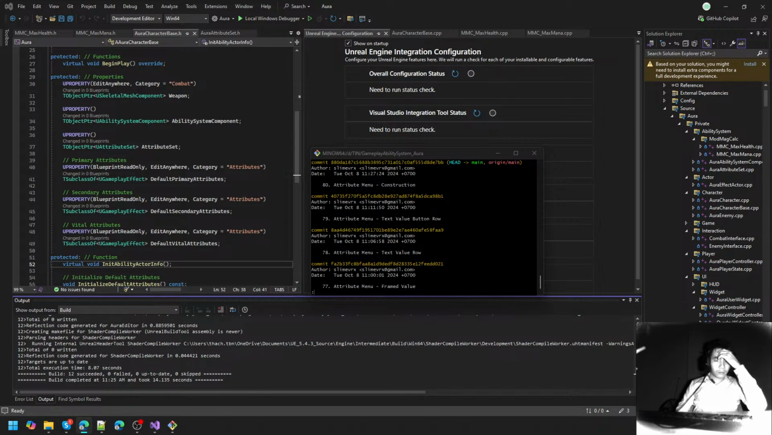So there's our box. Now for the button, we're going to want a border, we're going to want a button widget, and we're going to want text. So let's go in to the palette and search for image. We'll drag an image in. We'll select that image and rename it